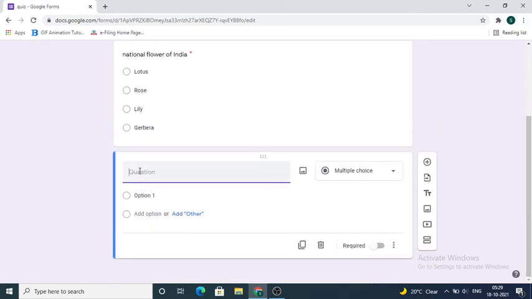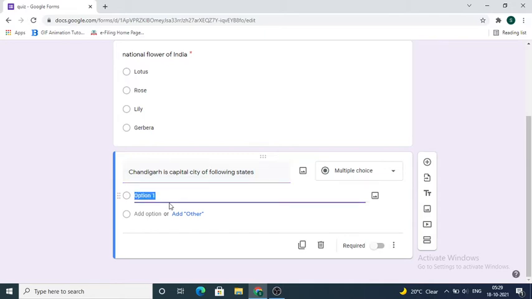See, we will have questions like Chandigarh is capital city of following states. So over here, if I take multiple choice question, then see what will happen.